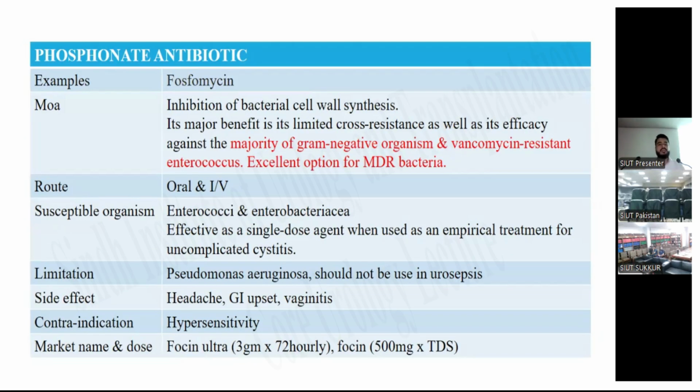Fosfomycin inhibits bacterial cell wall synthesis, and covers the majority of gram negative organisms and vancomycin resistant enterococcus. These antibiotics are an excellent option for multi-drug resistant bacteria. Usual side effects are GI upset and vaginitis. In uncomplicated infection, a single dose of fosfomycin 3 gram is usually given, and in complicated infection fosfomycin is given